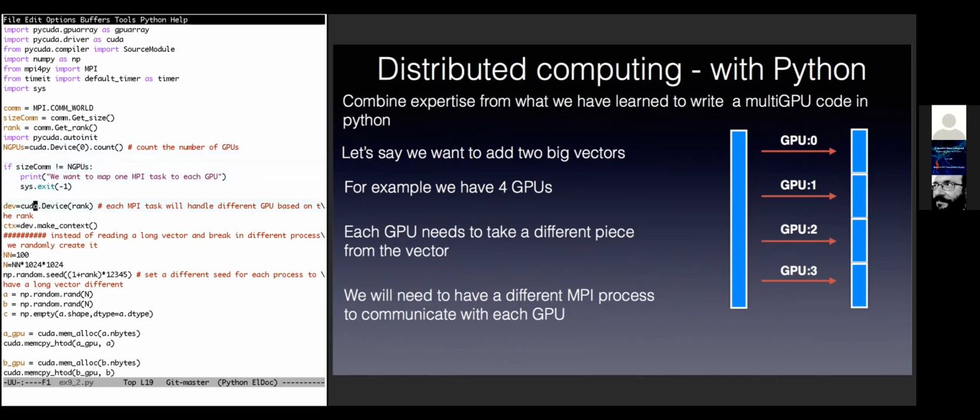Now, this step here makes sure that the rank 0 GPU gets access to device 0, rank 1 gets access to device 1, etc. So this actually binds the MPI process to talk to a different device. And then you create a context, in the sense that you need to speak to a device and give it orders. This is what it does, and now it starts the